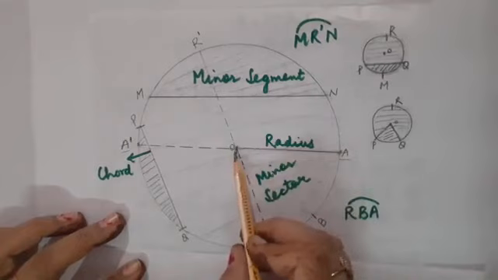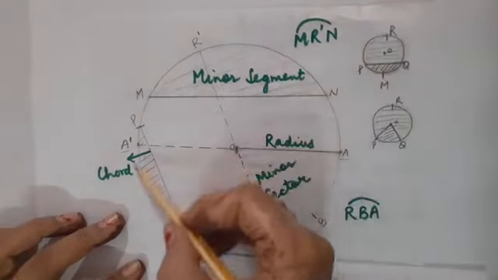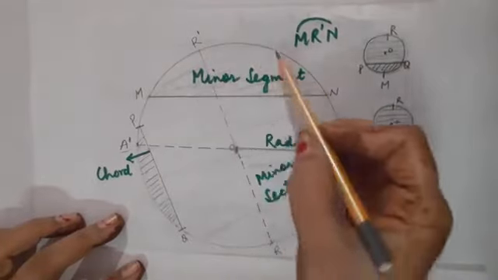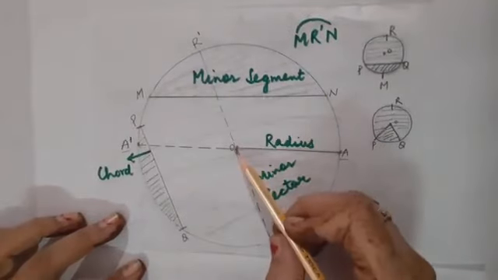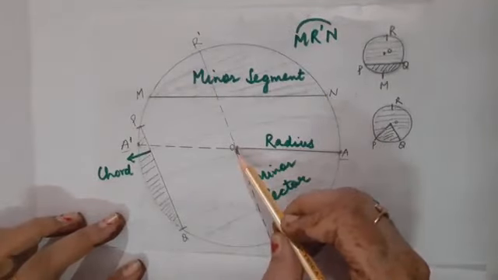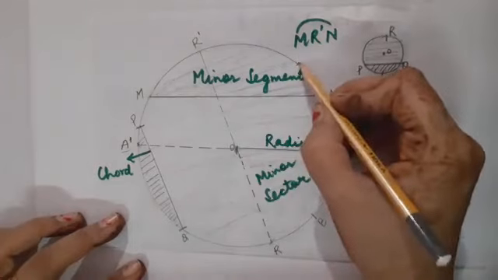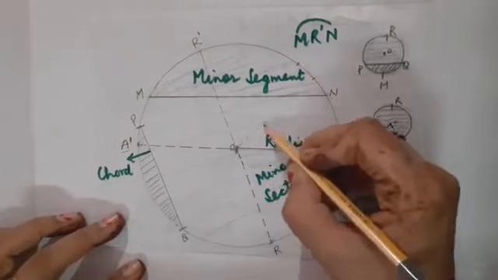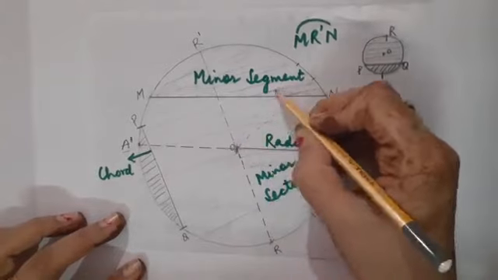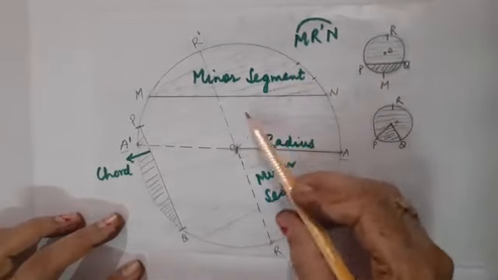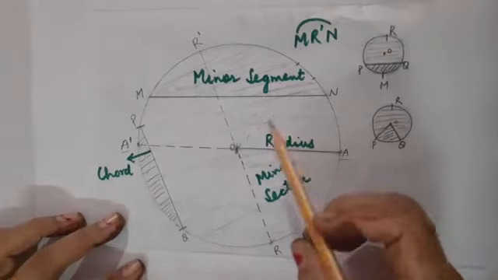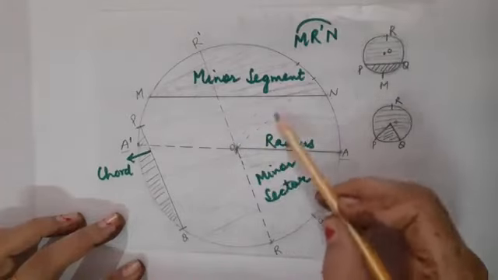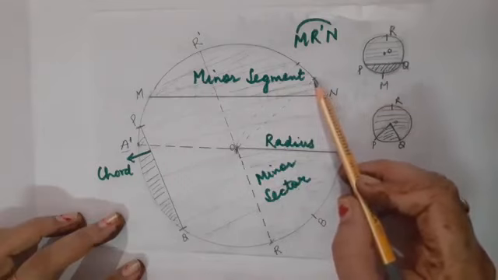Correct? This fixed point O is known as the center of the circle, and if I take millions of points here, then the collection of all those points in this plane figure is going to form a circle. But make sure whatever points, children, you take over here, the distance of those very points from the center point must be fixed. It is fixed, it is equal. And this distance is known as radius of the circle.